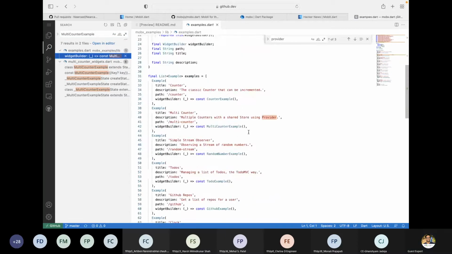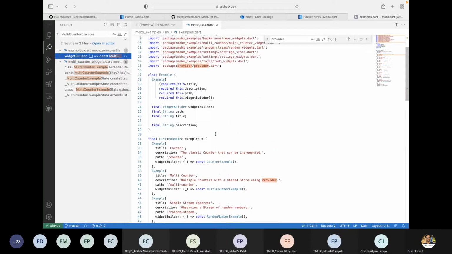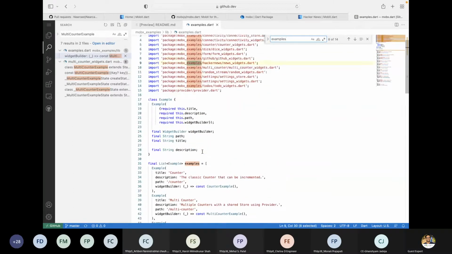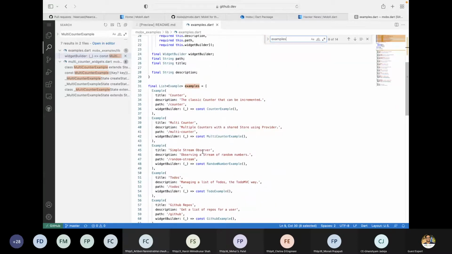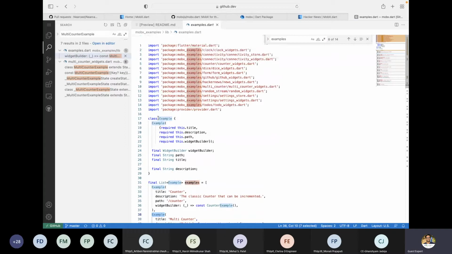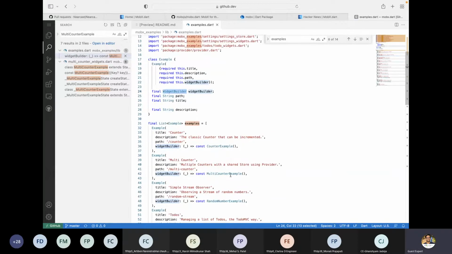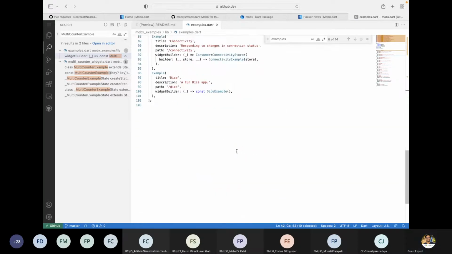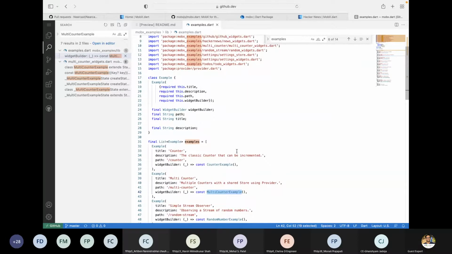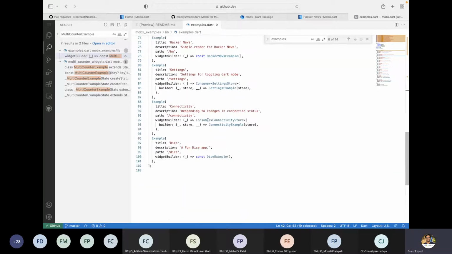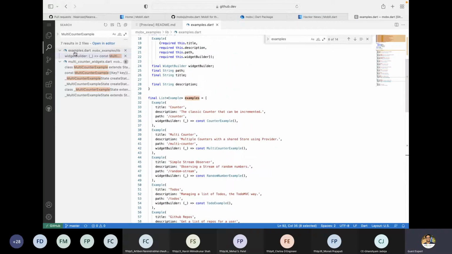Examples. This example is coming from this, this is the class example, widget builder const. Yes, here it is, the setting store and example lib.